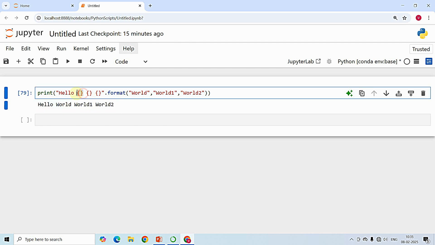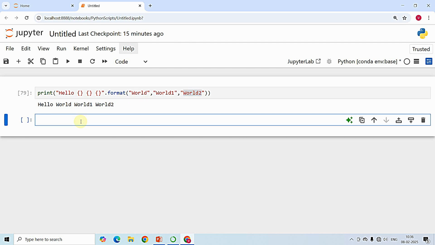In place of the first open and close curly braces, I'm getting world printed, that is the first variable from the format. In place of the second open and close curly braces, I'm getting the second variable world1 printed, and in place of the third, I'm getting the third format variable world2 printed. So this is how you can work with multiple printing using dot format,